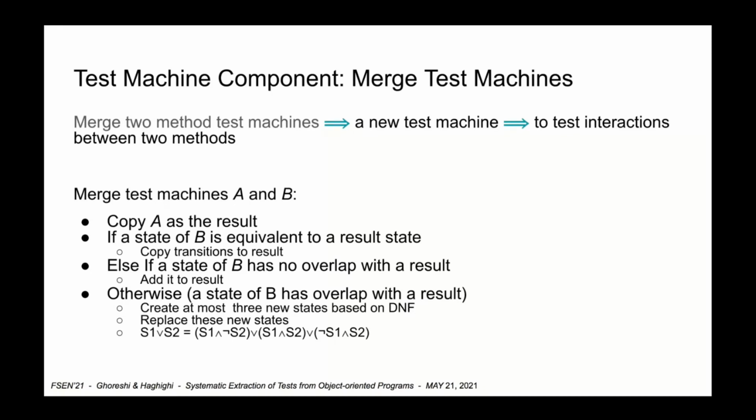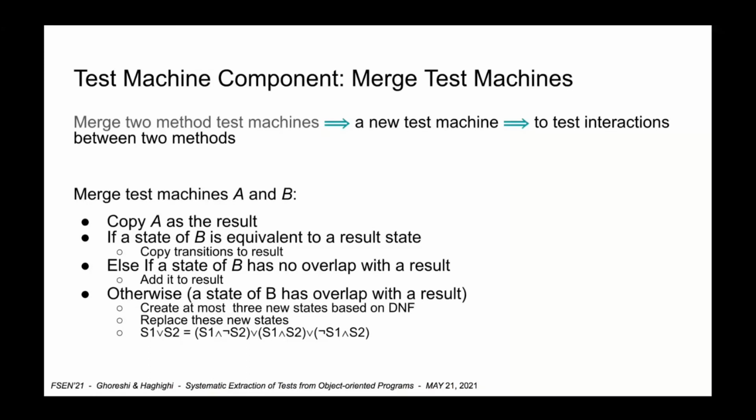Assuming that we have extracted two test machines A and B corresponding to methods A and B, this step should be performed to combine these two test machines. First, a copy of the first test machine, the test machine A, is considered as the resulting merged test machine. Now for each state, calling candidate state of the second machine, machine B, we perform the following step. If the candidate state is the same as one of